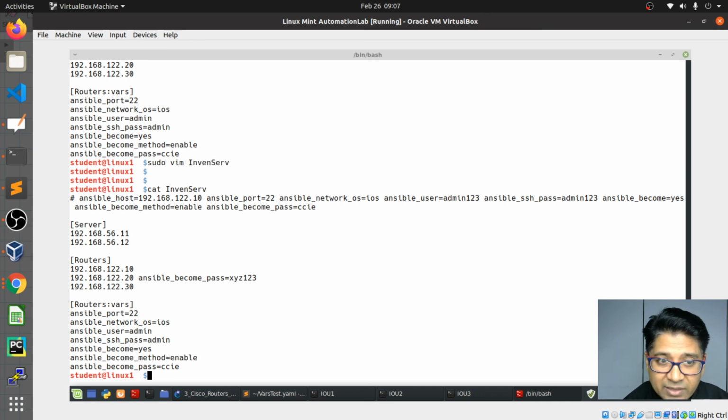Both methods are very useful. Please practice both, don't skip. Don't think this is not useful. Maybe there are 4 or 5 parameters you have to pass specific to that device. Here we have very little inventory, it's easy to manage, but in real time it may be 100 devices, maybe 200 devices. Okay guys,